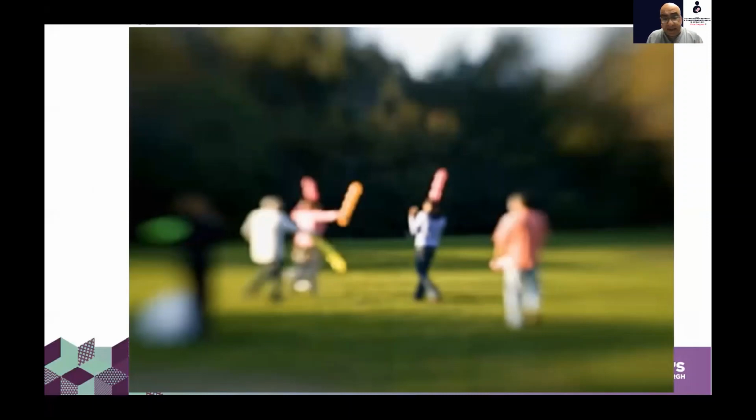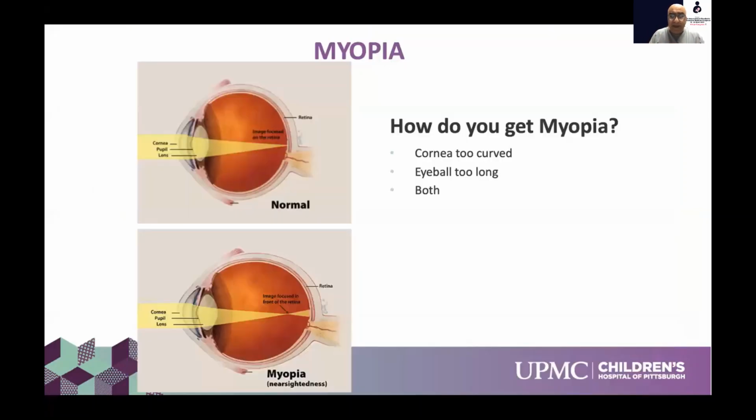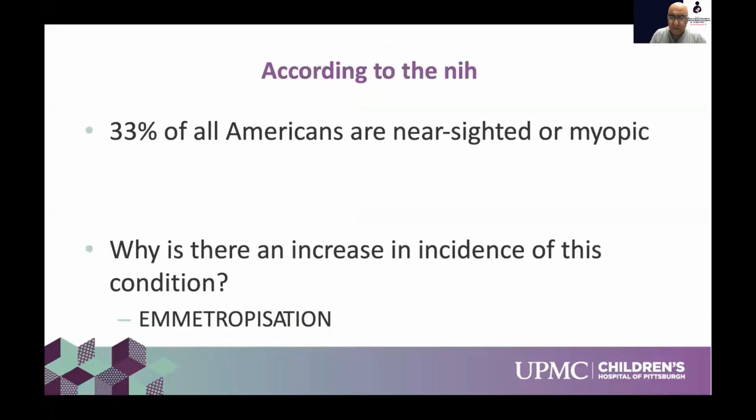Look, one of the commonest problems that you see in well children is myopia. And the reason why I want to talk to you about this is that myopia is due to the fact that the eyeball is longer than it should be. Sometimes the cornea is too curved, but usually it's because it's longer than it should be, and that's the picture at the bottom. According to the National Institute of Health in the United States, 33% of all Americans are nearsighted or myopic,